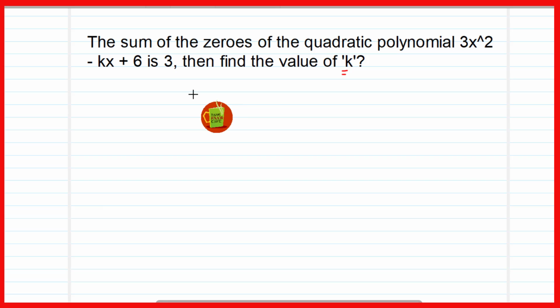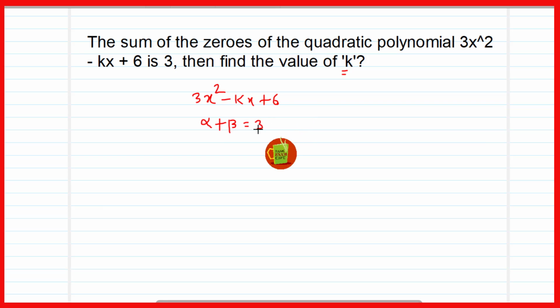Friends, here it is given that the quadratic polynomial is 3x square minus kx plus 6, and it is also given that the sum of the zeros is 3. Sum of the zeros means alpha plus beta, that is equal to 3. But the sum of the roots is what? It is minus b upon a. Here a is the coefficient of x square, b is the coefficient of x, so the coefficient of x is minus k, and c is the constant term,